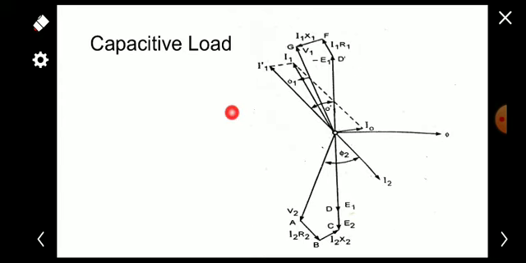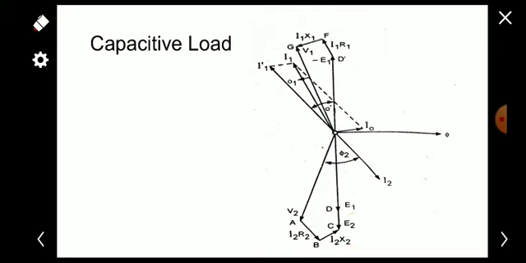And this is the case of a capacitive load. In the case of a capacitive load, the only difference is that after drawing this V2, we have to draw the current I2 leading the voltage V2. That is, the secondary current I2 leads the voltage V2. So we draw this I2 here, leading by an angle phi 2 from V2. After drawing this I2, we can draw I2 into R2, for interpreting the equation E2 is equal to V2 plus I2 R2 plus j I2 X2.